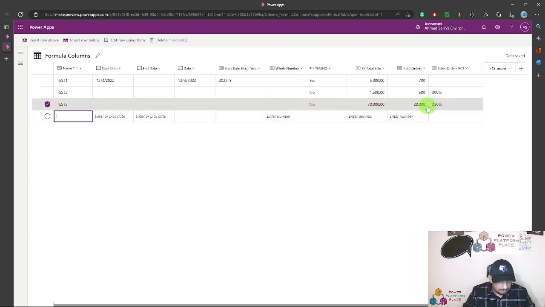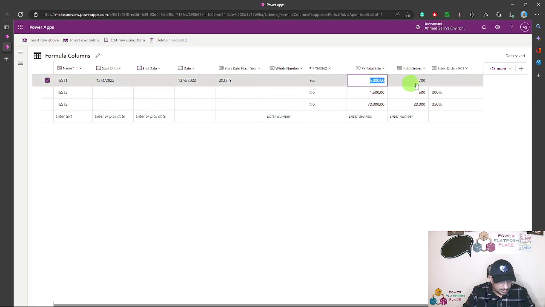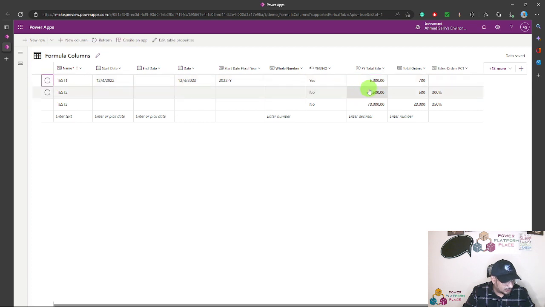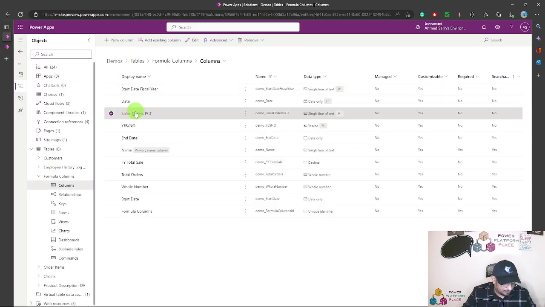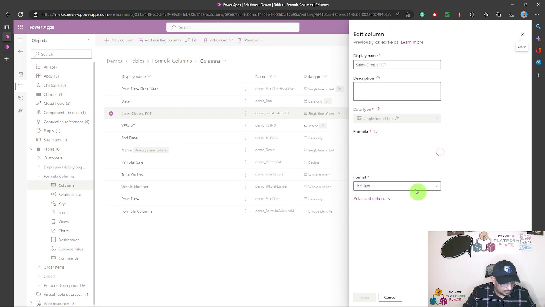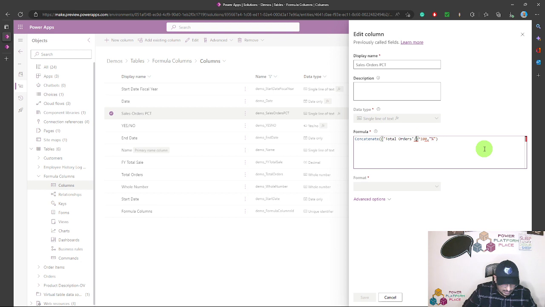So from this perspective right here, this one is just the one that I really don't know why it's not working here. But it should actually roll back, as I said, once you change the formula. Now let's say I want to go ahead and change the formula of this, right? So what I will do, I will basically switch between these two. So I will divide the total orders by the fiscal year total sales, and let's see if this is gonna make